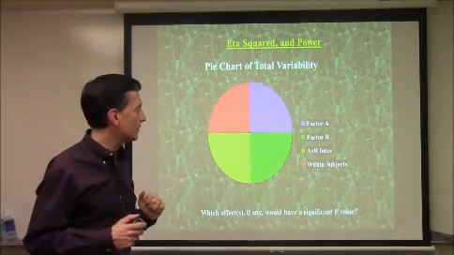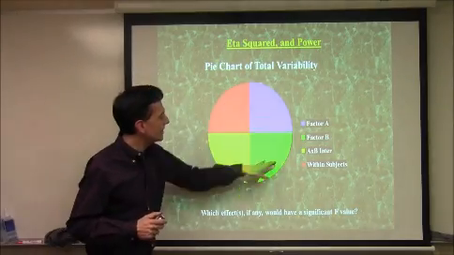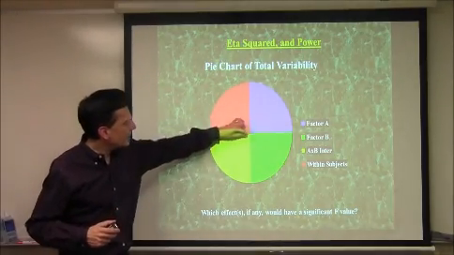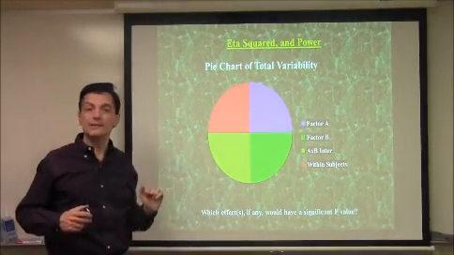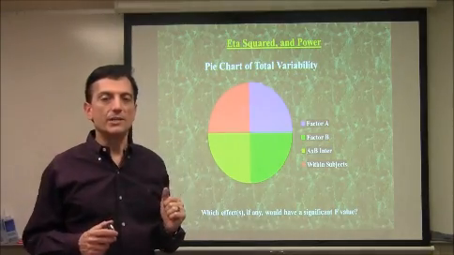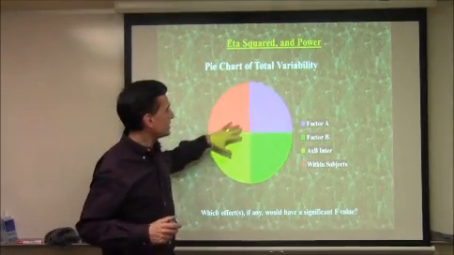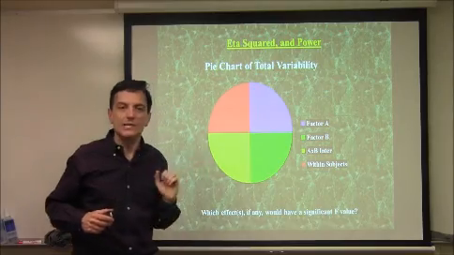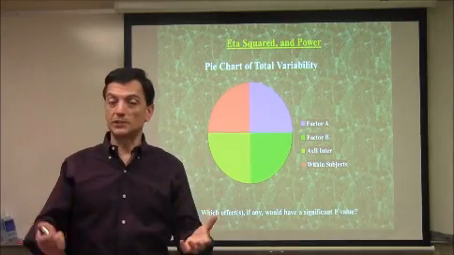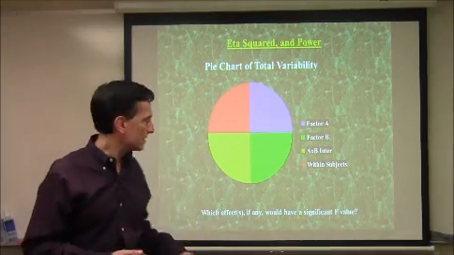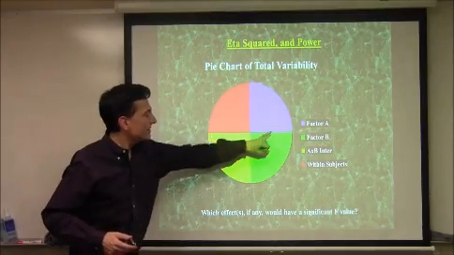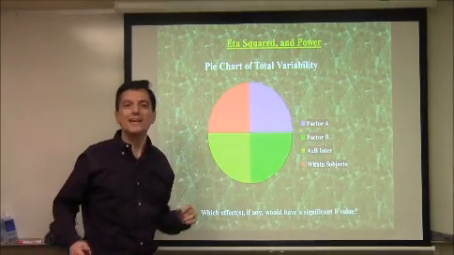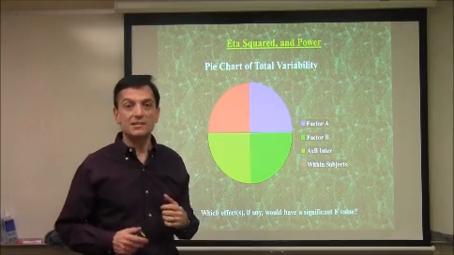Okay, we'll go on to another example, and here you can see everything is equally sized, and again, here's our red area for the denominator of the F ratio. Because these are all equally sized, they're all going to generate F ratios equaling 1, and 1 would never be large enough for us to reject the null hypothesis. So none of these effects, factor A, factor B, or the A by B interaction, are going to be statistically